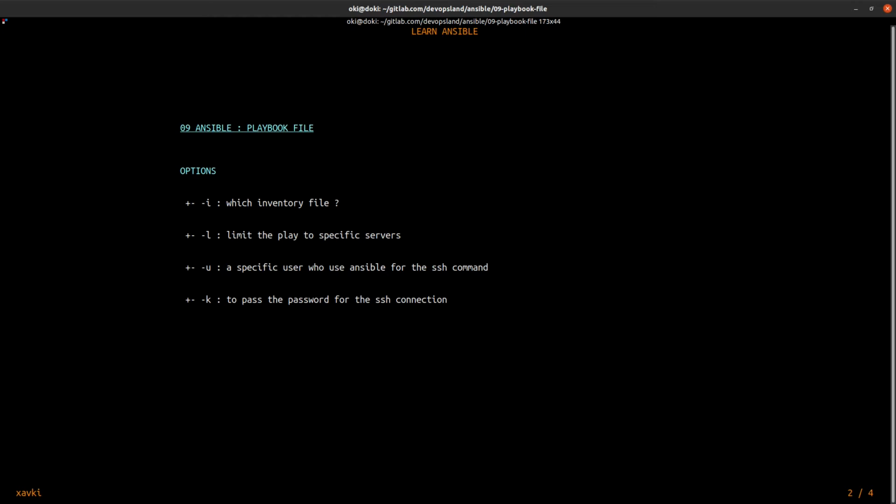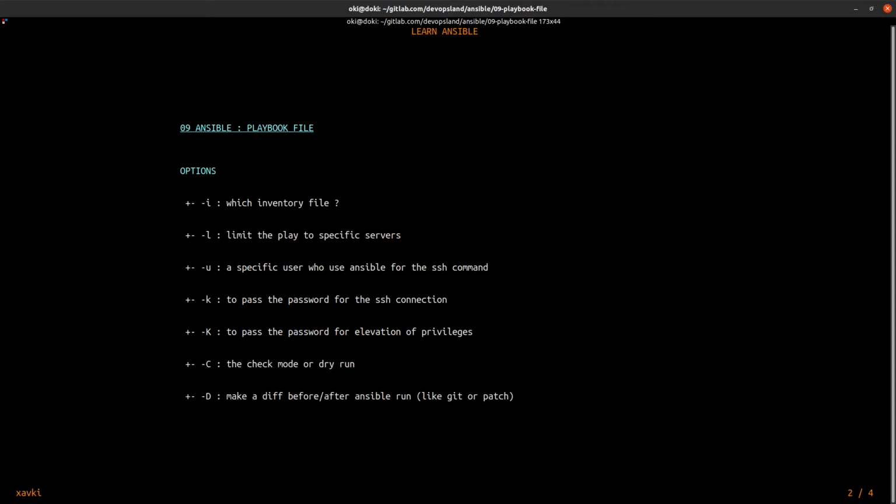-k with a lowercase is to pass the password for the SSH connection to the specific user. -K uppercase is to pass the password for the elevation of privileges. -C is the check mode, or dry run, to check what Ansible does. -D is to make a diff.